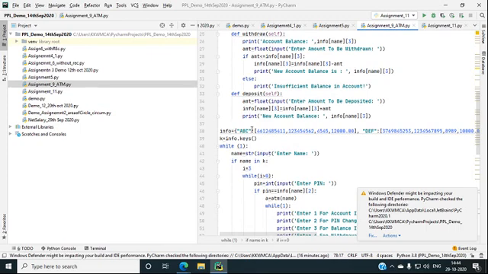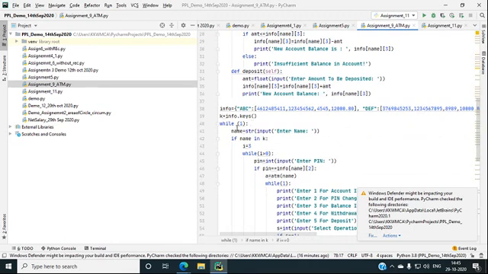Likewise, I have taken some information, as I said initially. You can take the name, maintaining the directory here, so taking the name, then the account number, mobile number, pin, and the balance.